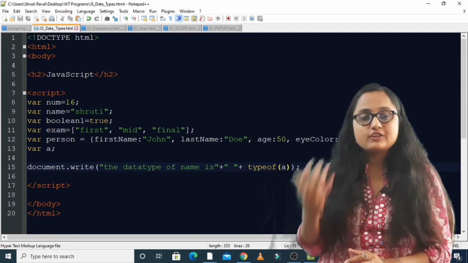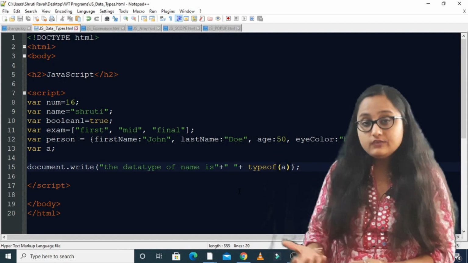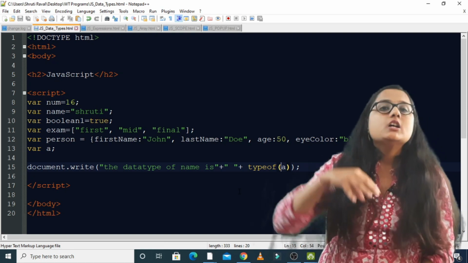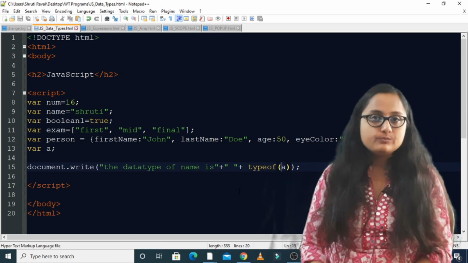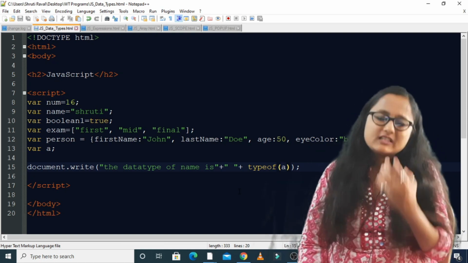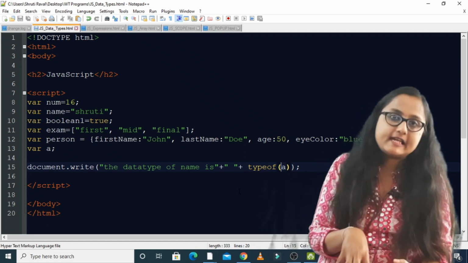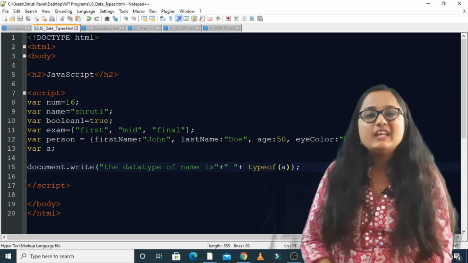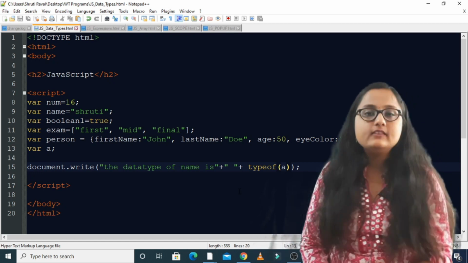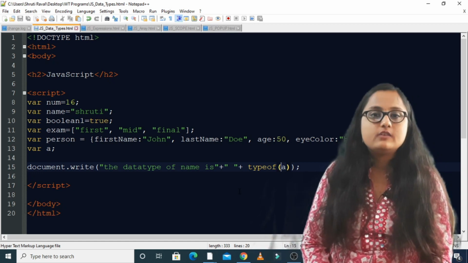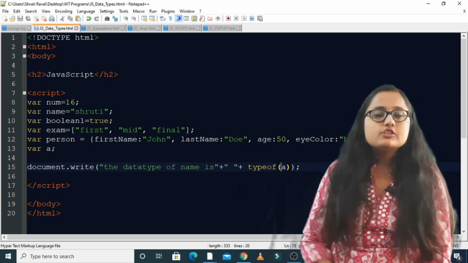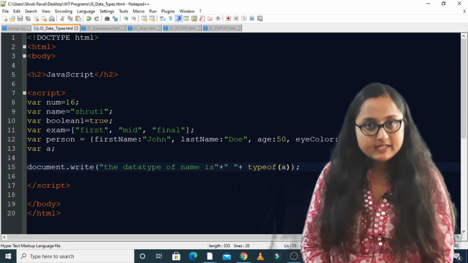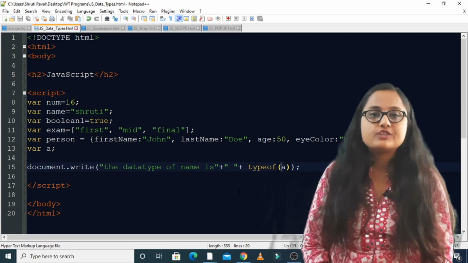Null is the actual value, the actual keyword that you assign to a variable. The data type of null itself is an object, so the data type attached to the variable to which you are assigning null will also be object. But if you are not assigning any value to a variable, then the data type of that variable will be undefined, right?